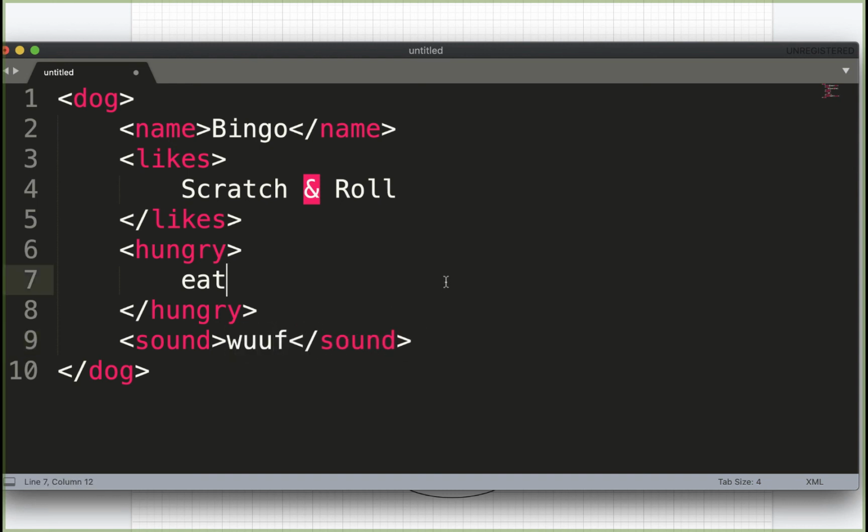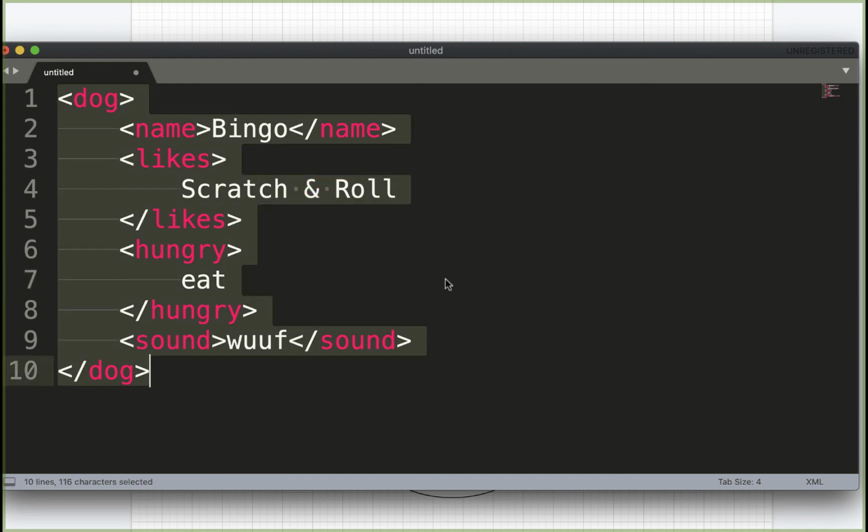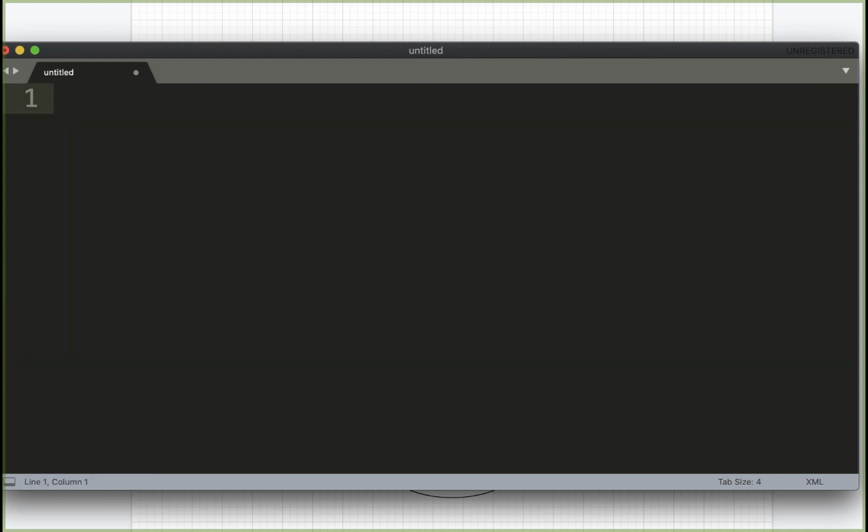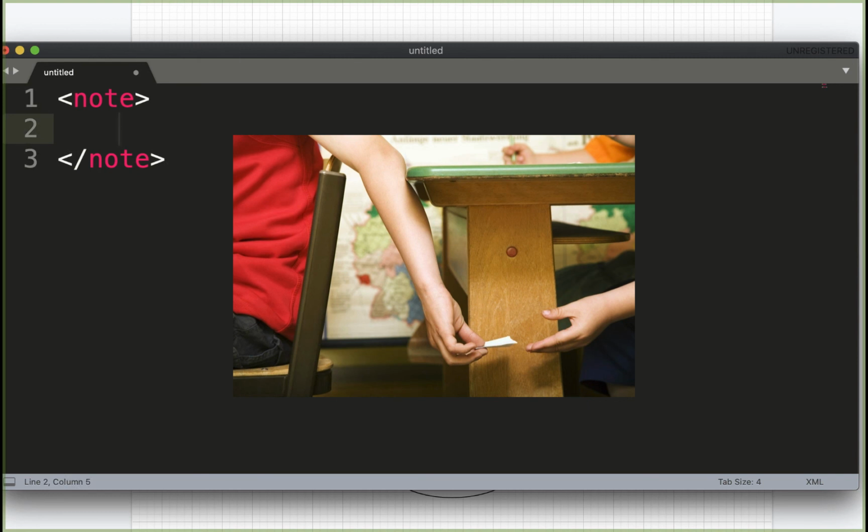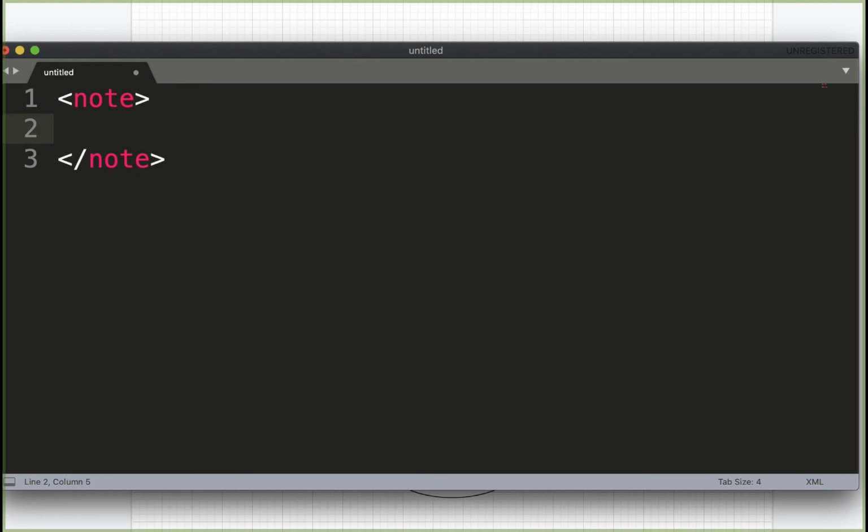If you got this, that's great. And if not, I'm just going to do one more small example to make sure we understand. Another type of XML data we might want is a note. So I'm going to start by opening and closing a note tag. This note is sent around the classroom. Maybe we can say that Bobby sent it to Alice. The type of note is a reminder, and what is actually written on the note is don't forget this weekend.